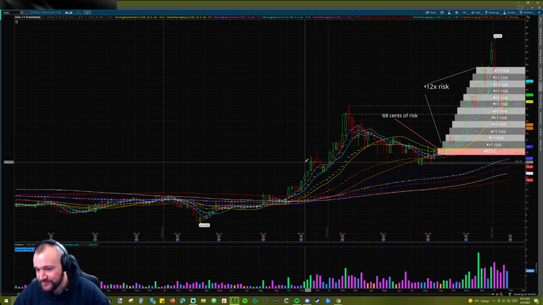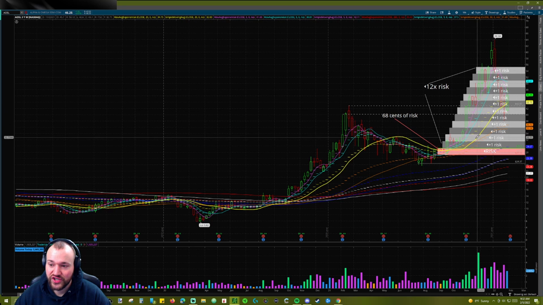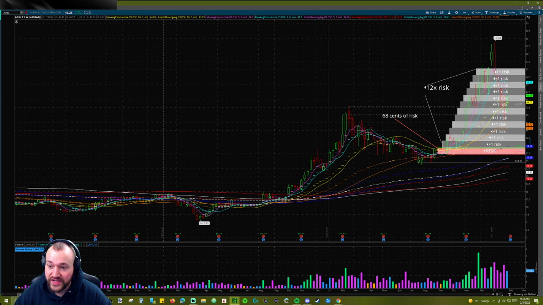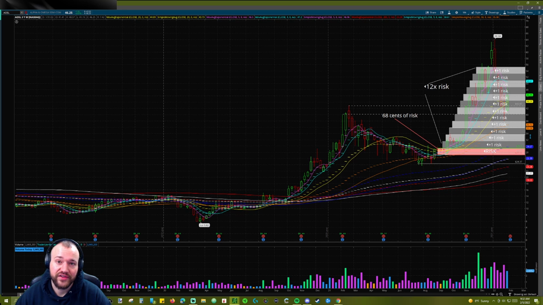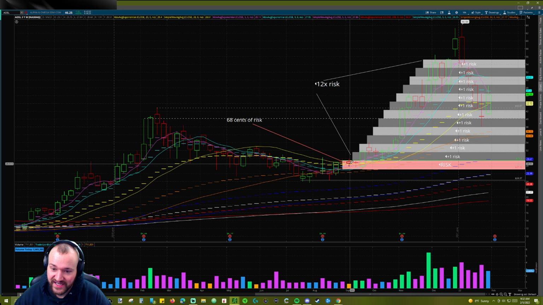to illustrate here. Last time I had briefly mentioned, when I was going over the same chart, risk versus reward and taking some profit at certain risk multiples. So I wanted to quickly elaborate on that point and give a visual to those risk multiples and what I'm referring to in that regard. So based on the entries I was talking about last time, if we look here, our risk is 68 cents technically,